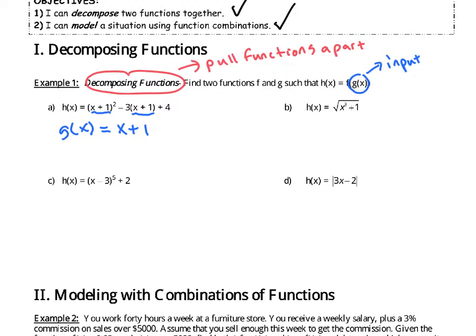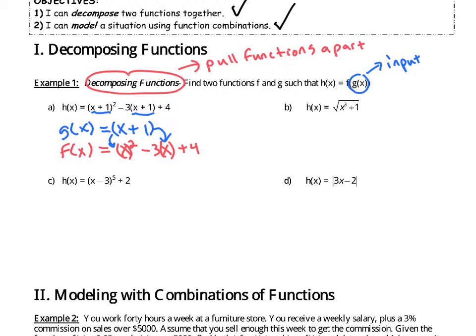Well, that was input into the function f of x. So if we write f of x as x squared minus 3x plus 4, and instead of x plus 1's, I just have single x's, you can see that we must have plugged g of x into both spots to